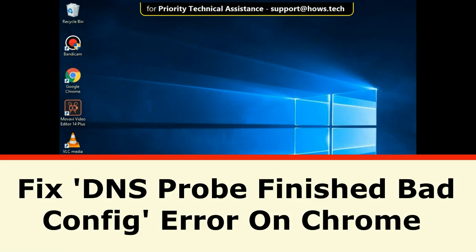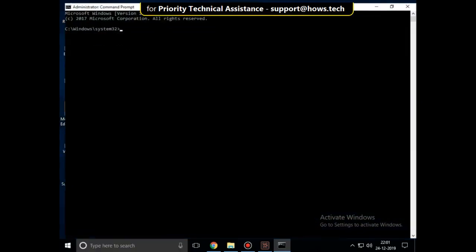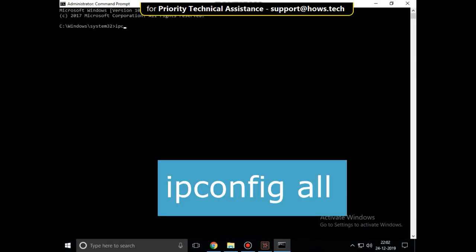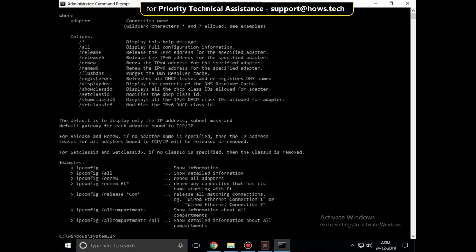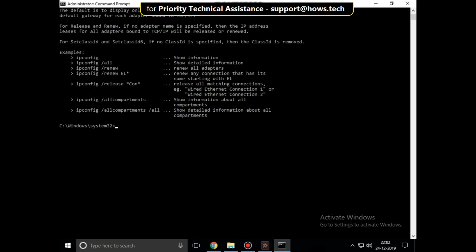It is just a two-step process to fix DNS_PROBE_FINISHED_BAD_CONFIG error on Chrome. In the first step, go to search bar and type cmd, right click here and click on run as administrator. Then type this command carefully, ipconfig space /all and hit enter. Wait for some time. After that, type this command